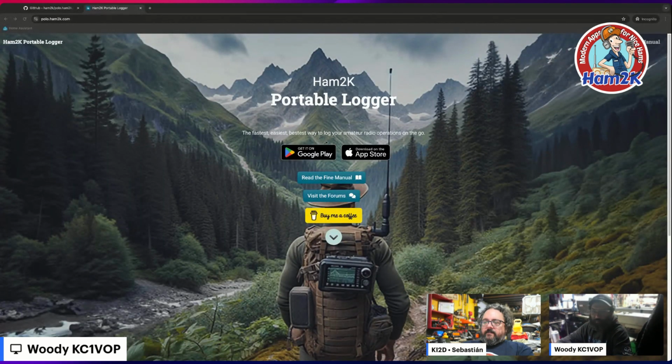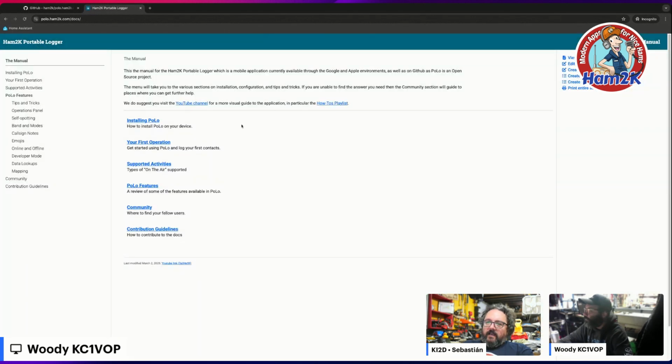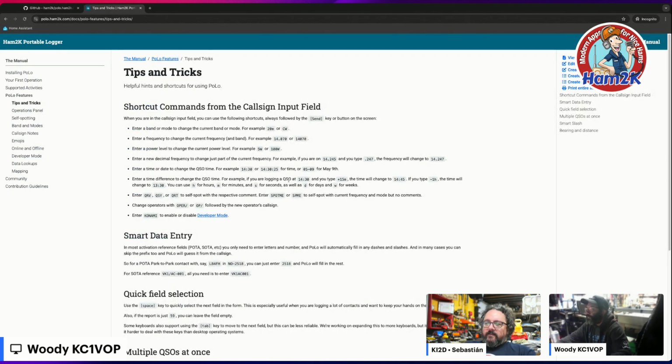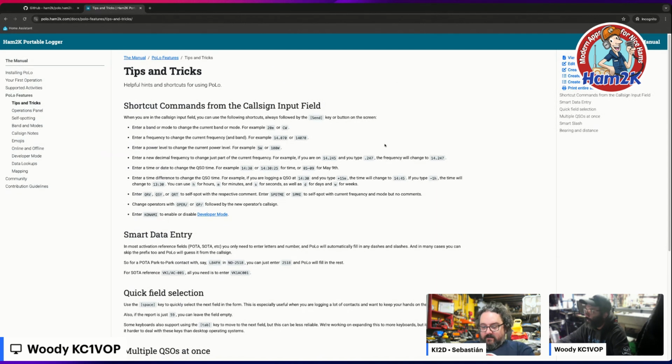Here we go. So that's the site. Let's say you go into the manual, and in fact, there's Polo features. Let's add something about stacking to this page. Well, let's do something easier, like tips and tricks, just a simple edit. If you look on the right side, there's a bunch of links that say view page source, edit this page. So if you click on edit this page,